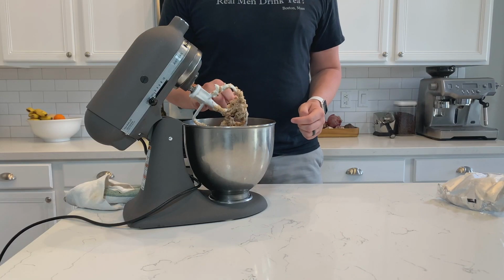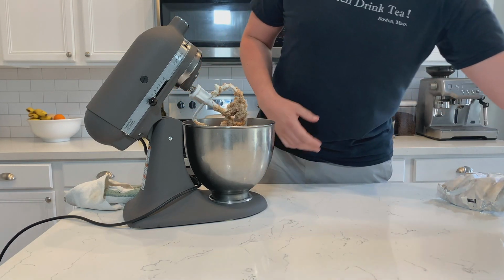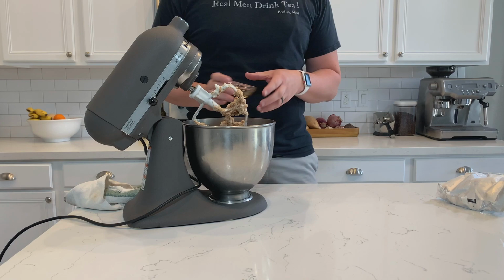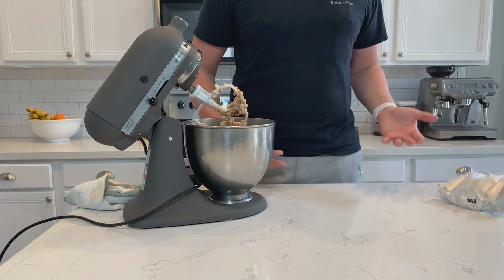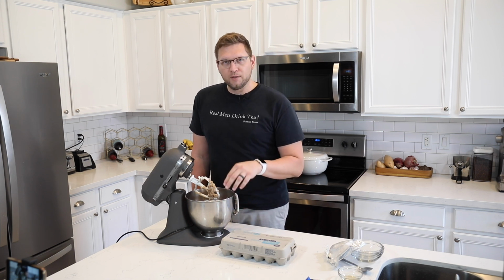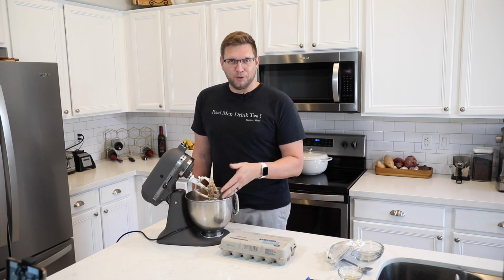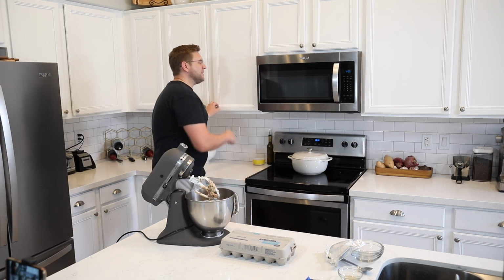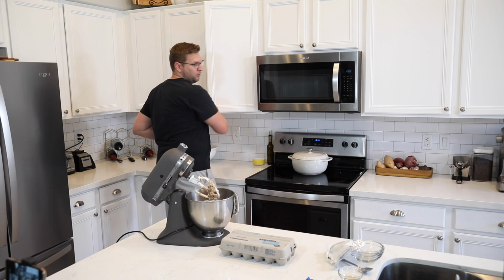You're going to go ahead and add in the liquids. Vanilla makes everything better, so there's 2 teaspoons of that in here, and then eggs also count as liquid. When you're cracking eggs, make sure you're doing it on a flat surface, because if you use the side of the bowl, there's a better chance that you're gonna get eggshell in the cookie dough, and you definitely don't want that. For easy cleanup, I like to use a small plate,